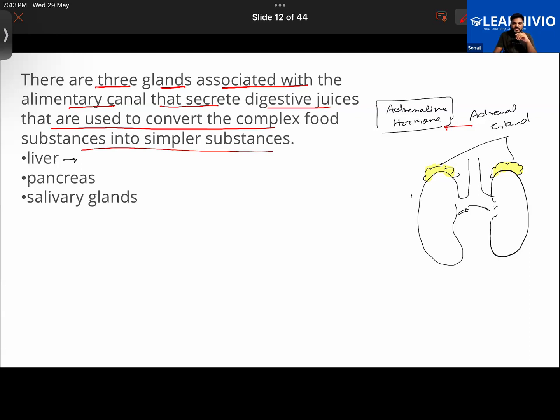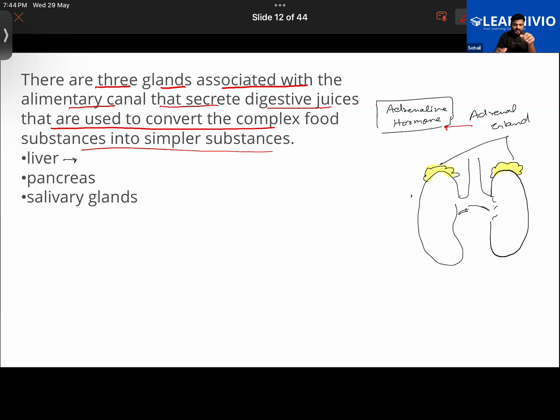So in our body, we have different glands that help in the process of digestion. Are you guys getting it? Glands are different from organs. They are different, and we should keep that in mind. Are you guys getting it?